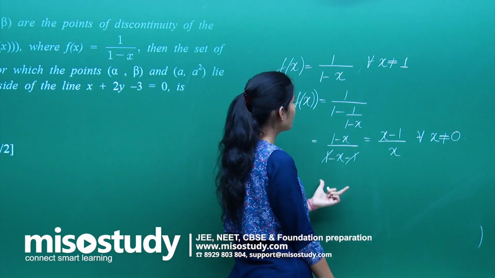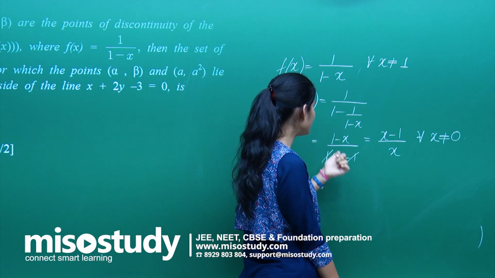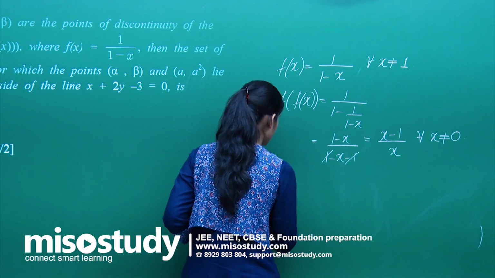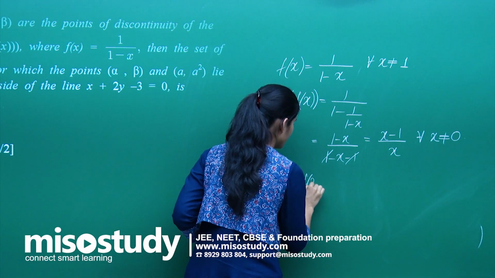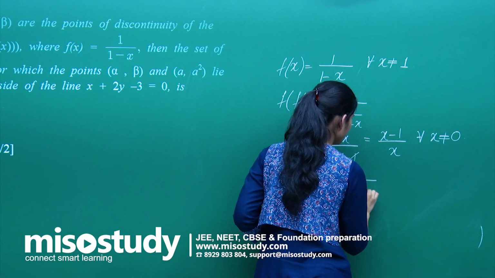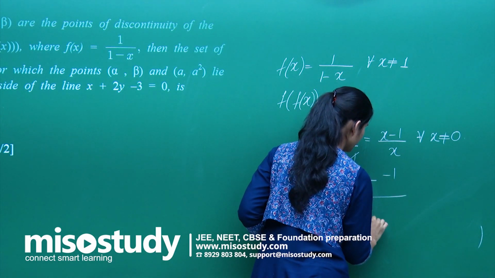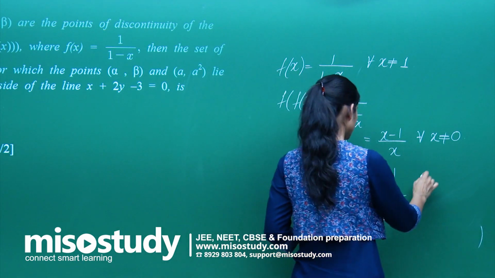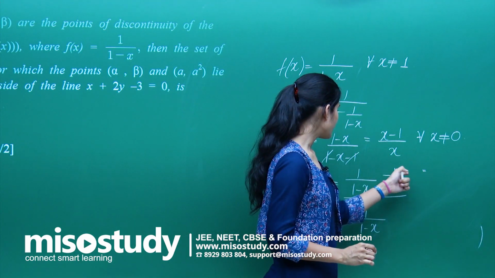This was 1 minus x upon 1 minus x minus 1. So this is 1 minus x upon minus x, or x minus 1 upon x. Then you have f of x is what? 1 upon 1 minus (x minus 1) whole upon 1 minus x. So this gives you basically 1 minus 1 plus x